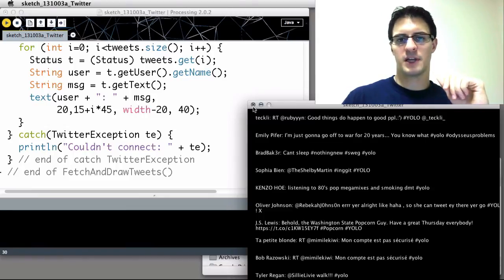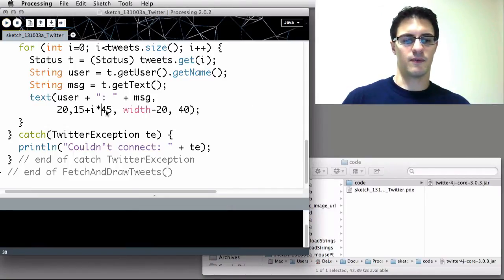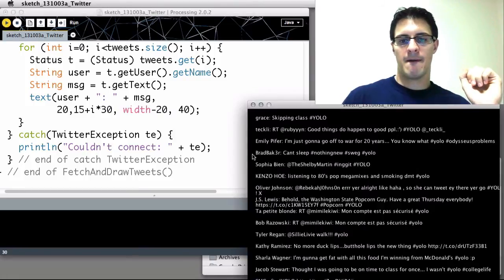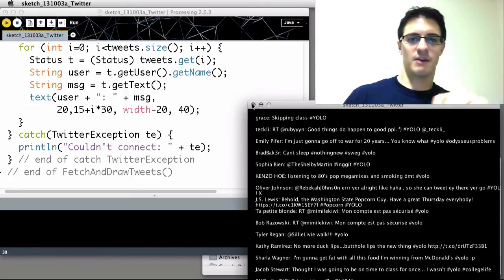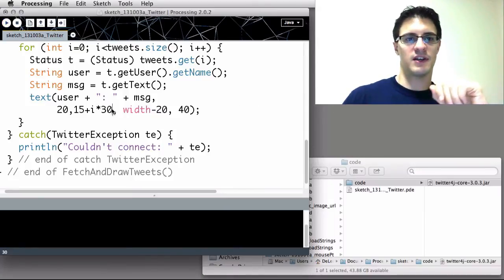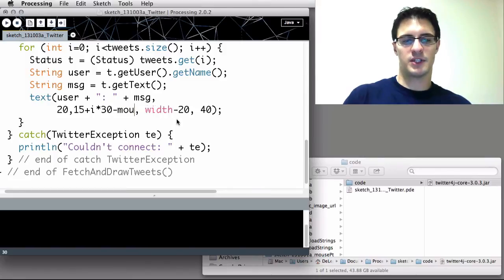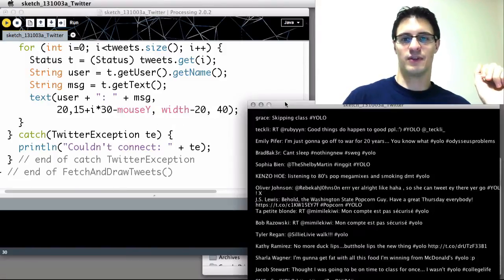We're skipping too much space now. So we didn't need 45. Let's try 30. That looks better. We're getting most of them. And we could even kind of make this scrollable through various ways. So if I subtract from the Y position mouse Y, as a really kind of lazy hack to create a scrolling effect, when I mouse down,